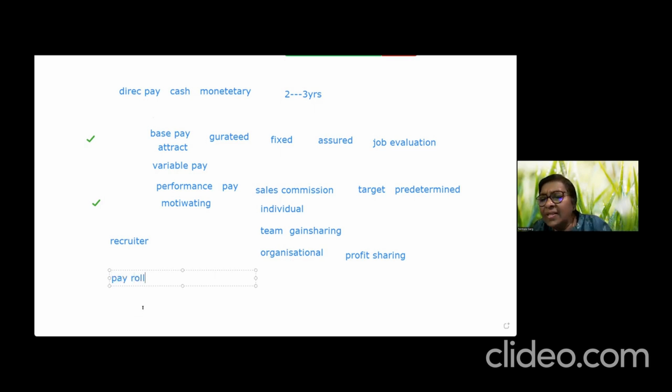Can you design an incentive plan for him? Can you say that, for the recruiter also, I'm going to have 10% of his salary as variable pay, and a payroll guy also 10% of salary? Is there scope for a payroll guy to make more? Is there scope in his job to actually increase his performance?